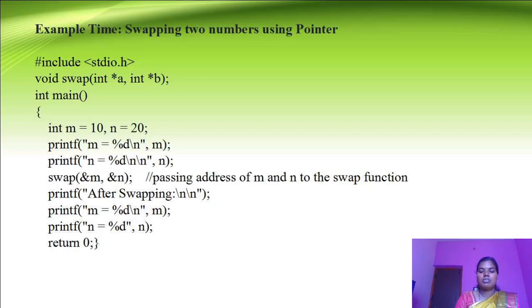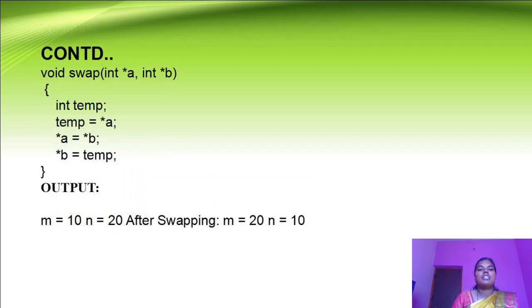Now I need to write the code for that is function void swap. It is also called as subprogram, or we call this as function. So in void swap, the two variables I have declared int *a, int *b. Here *a and *b are the pointers to the function swap or arguments to the function swap. And here swap means, as already we know, the exchange of the two values. For that I need one temporary variable, that is int temp. temp = *a, *a = *b, and *b = temp. These three statements will exchange the values of a and b, and closing the bracket.